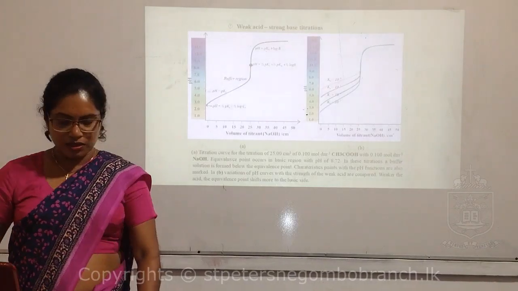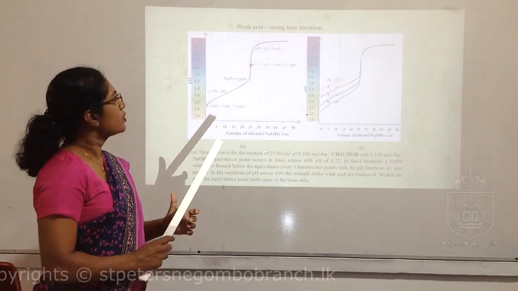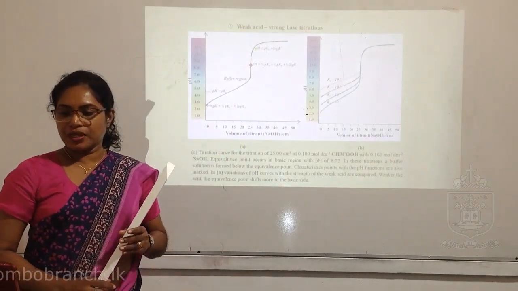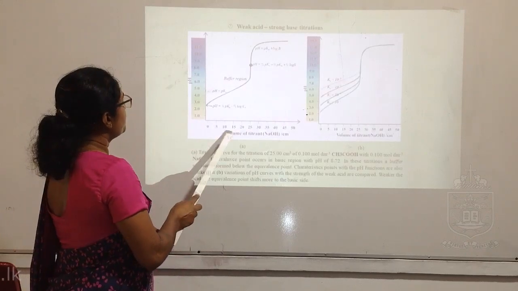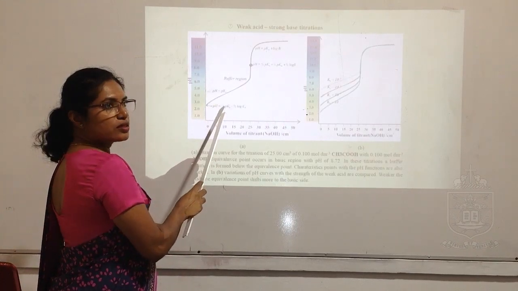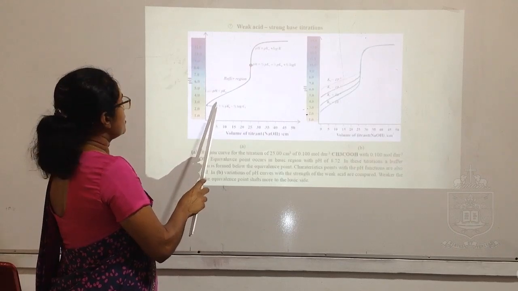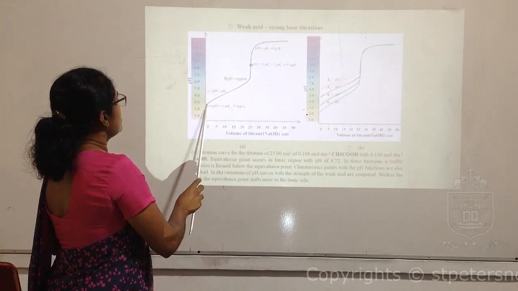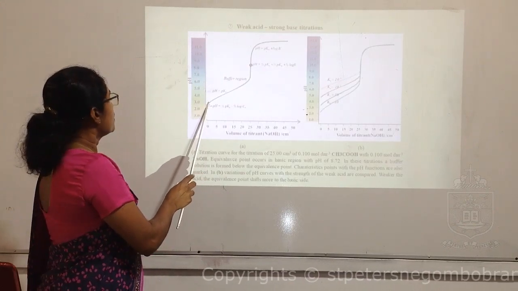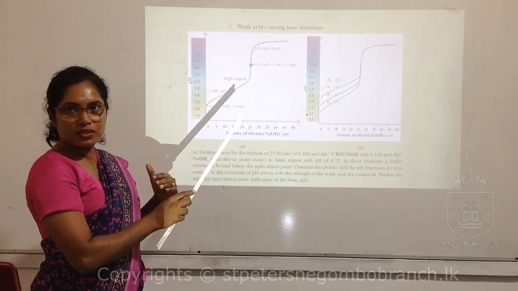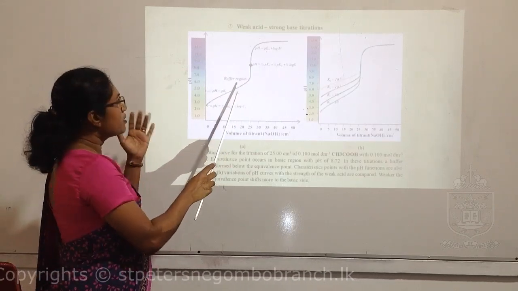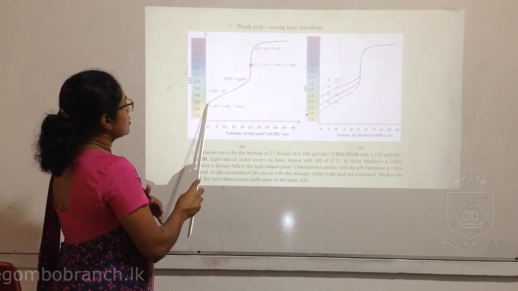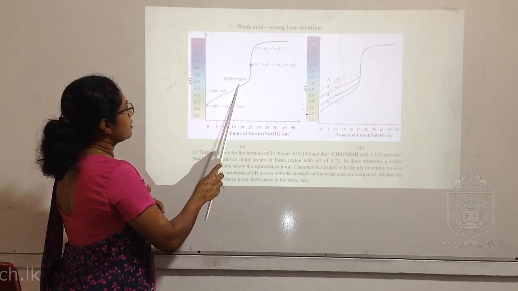Now let's take another titration. Weak acid, strong base titrations. In here, you can see the acid is in the titration flask, because here we can see the value of pH is 2.1, 2.5. So that means the acid is in the titration flask and we have base in the burette. And the pH changes like this,